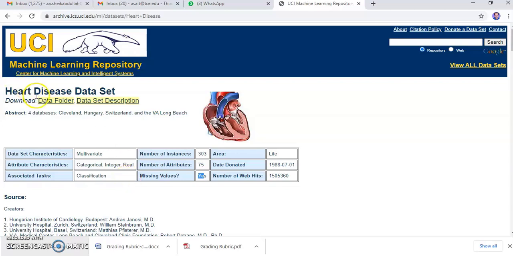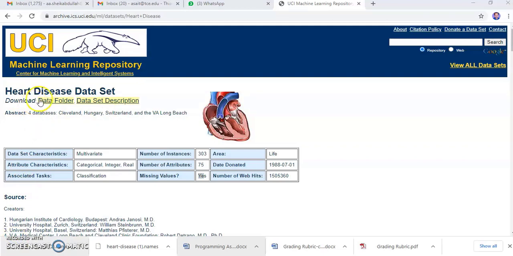So there will be two folders. Similarly, you can explore the data folder and the data set description. In the description part, I can go with the description that corresponds to the data set, in which it contains the names of the attributes associated with the data set.